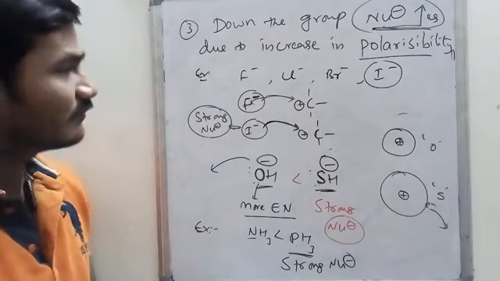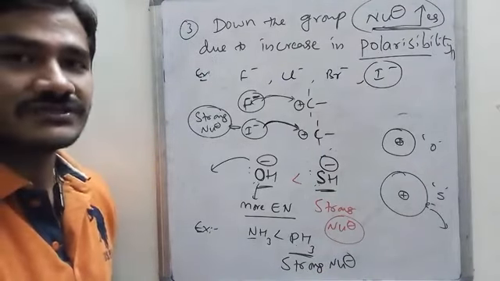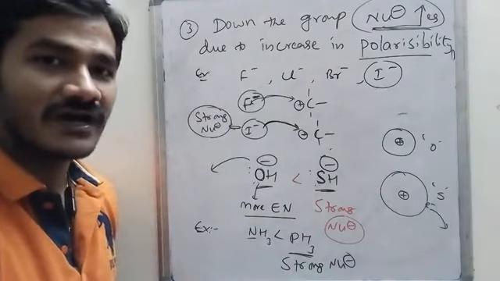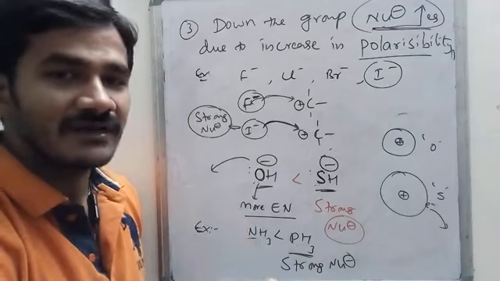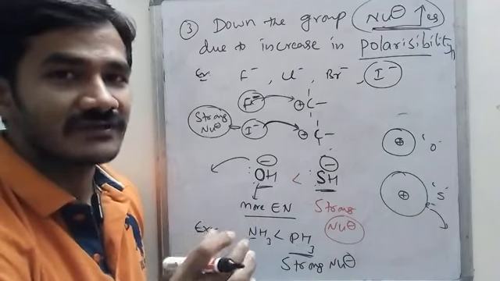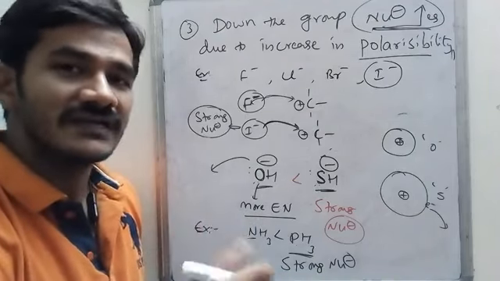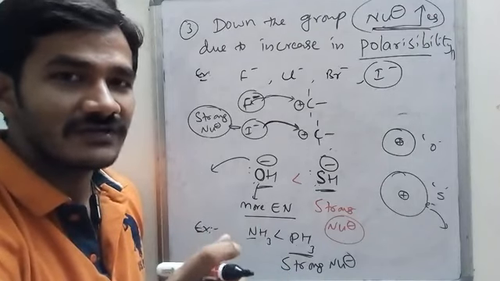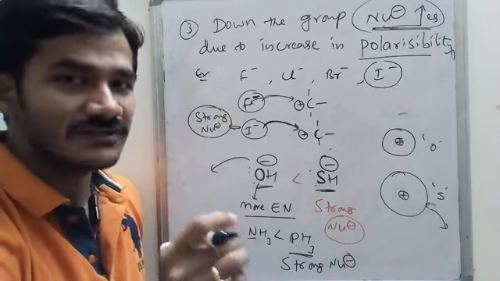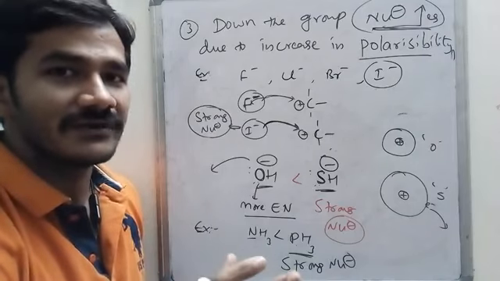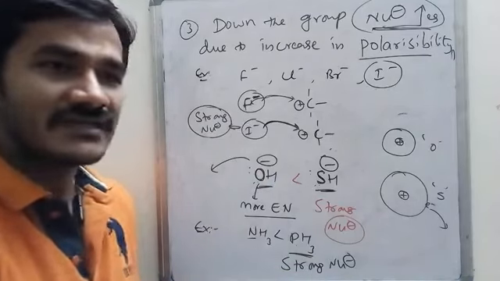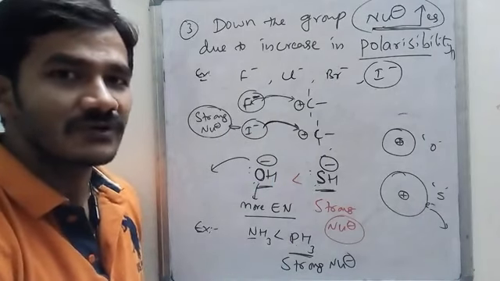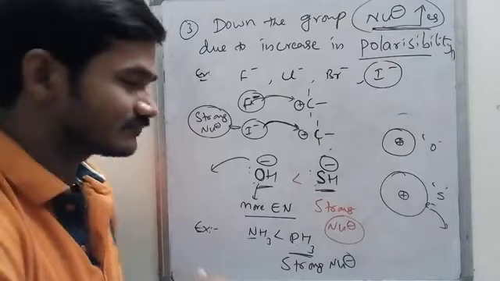Okay. So this is all about nucleophilicity. Along the period it decreases, down the group it increases. We have to see the electronegativity of the atom and also its size. When electronegativity is very high, it acts as a weak nucleophile. If electronegativity is very small, it can act as a comparatively good nucleophile. And down the group, when atomic size is more, it is highly polarizable and acts as a good or strong nucleophile.